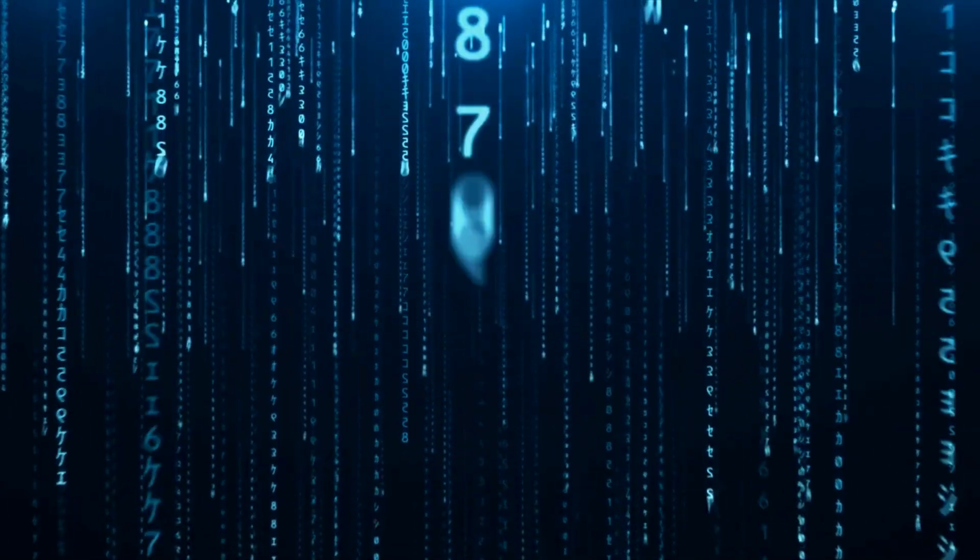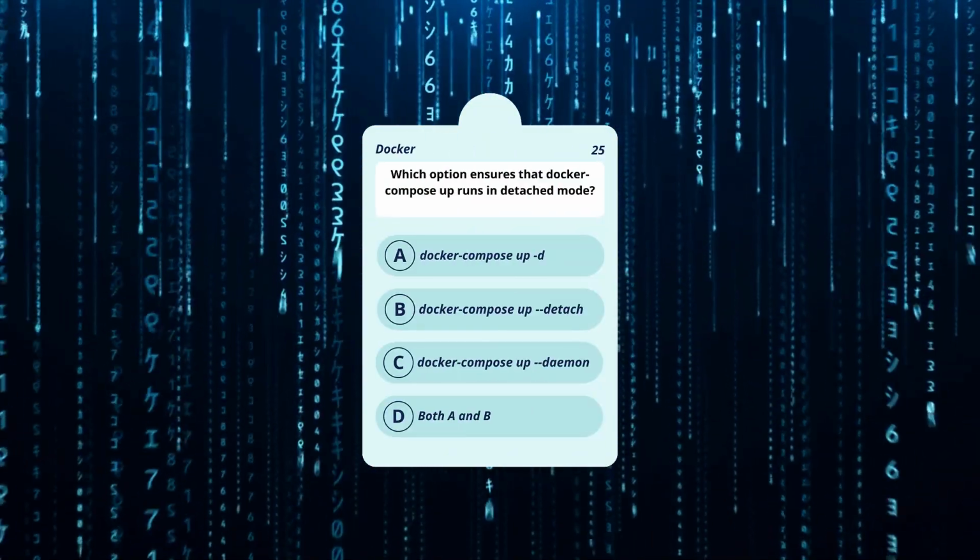Which option ensures that docker-compose up runs